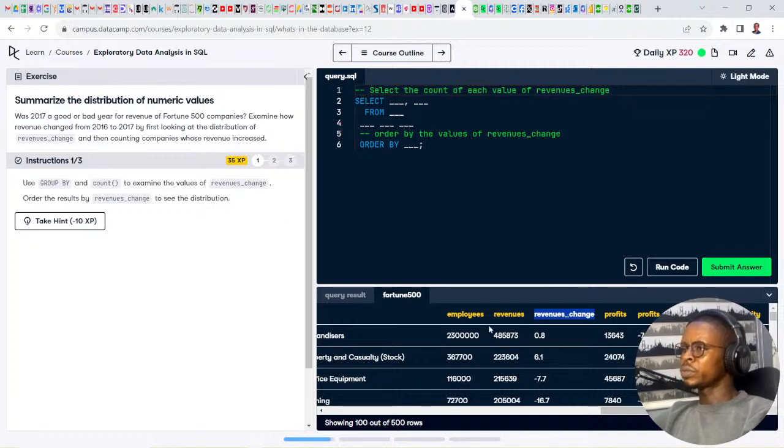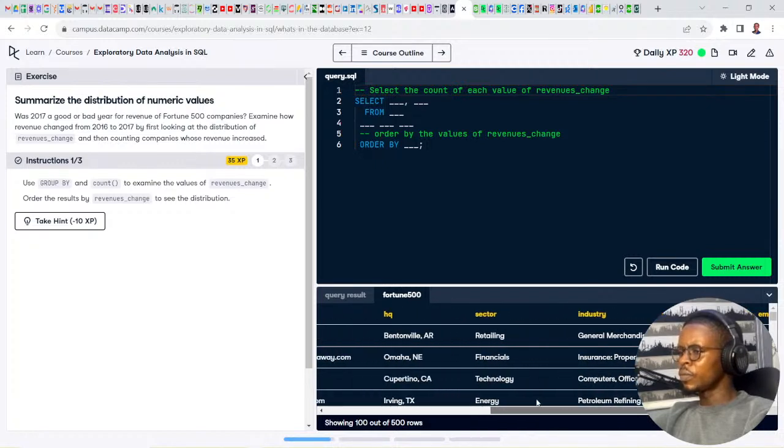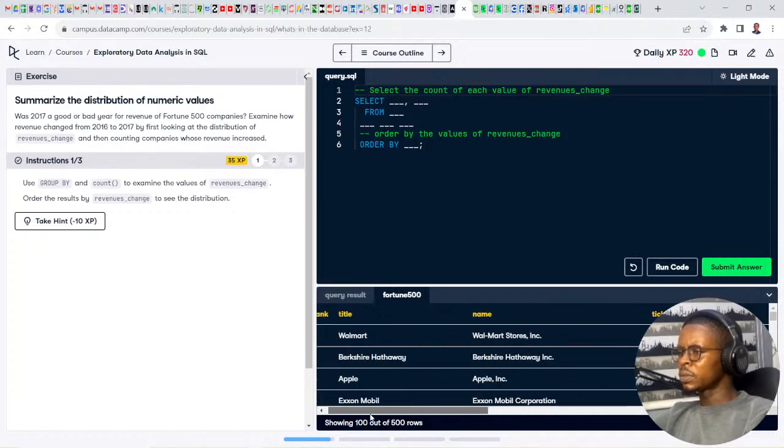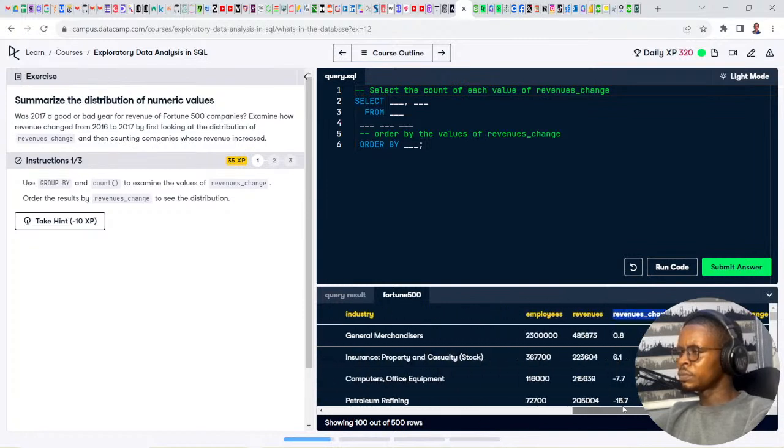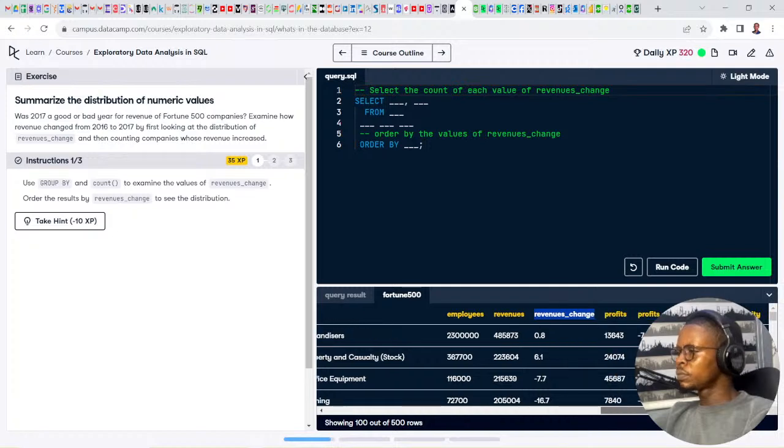What are we counting by? What are we selecting? Is it by year? Do you have a year column here? There's no year column here.